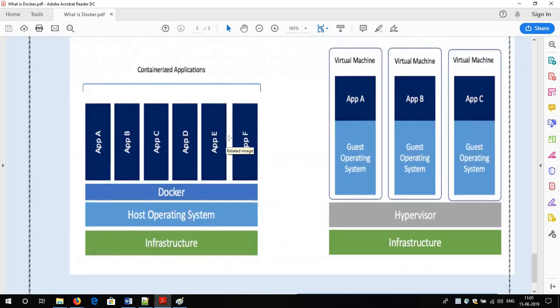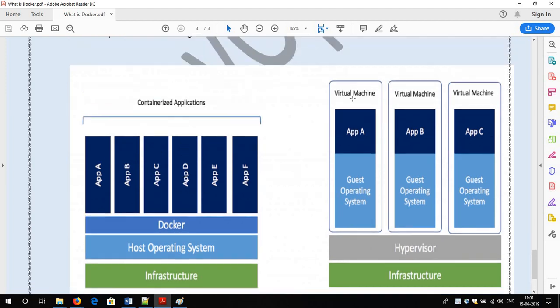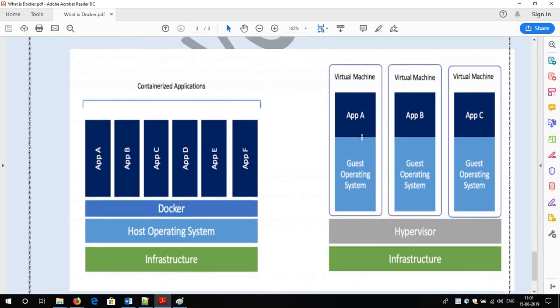See, in the case of a virtual machine, what I do is first provision an operating system. On top of the operating system, I run an application. Suppose that application can be a Java application along with other applications as well. So here what will happen, this virtual machine has, suppose, application A. But in case of Docker, already I